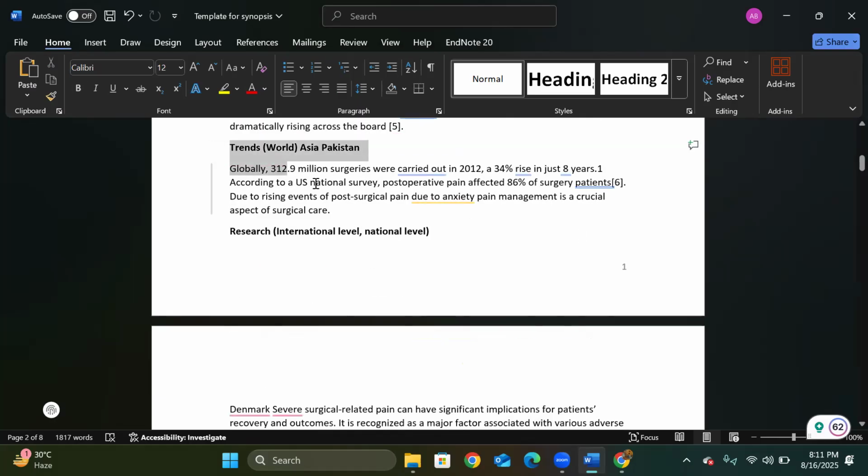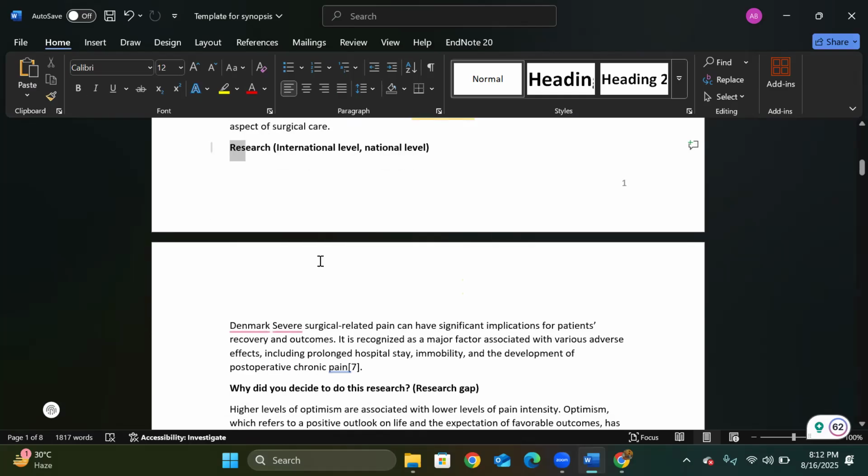In the second paragraph, I talk about the trends. Firstly, worldwide trends, and secondly, the trends of the place where you are conducting the study. This paragraph is important to give strength to your article, to show why your article is important. If I am doing research on anxiety and depression, I will write that this many students are suffering from anxiety and depression, and because of that, these are the effects on the grades. So this paragraph should be full of percentages and statistics. Okay, it will give strength to your article.